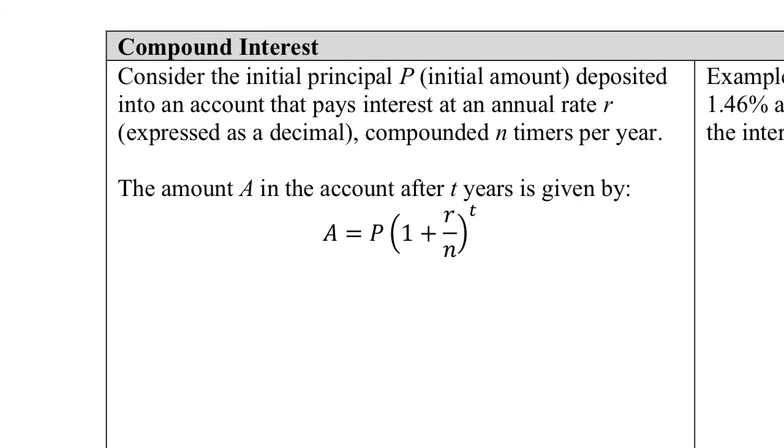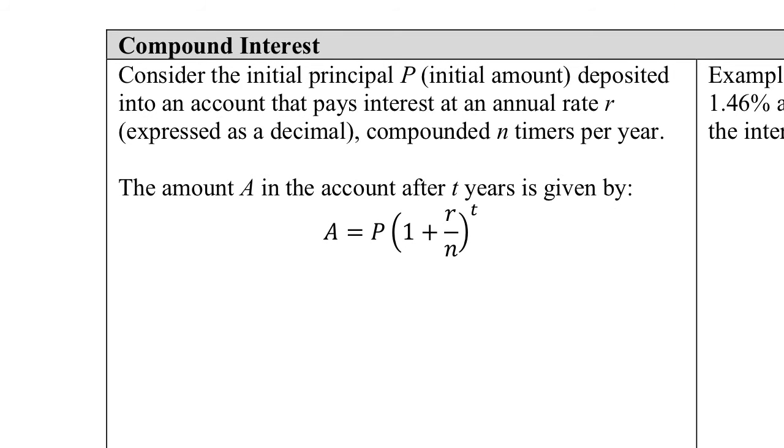Now let's talk about some compounded interest. This happens usually with bank accounts. So consider the initial principal P. What that means is that's the initial amount. So this P is the initial amount deposited into the bank account that pays an interest at an annual rate R expressed as a decimal. So R is the interest rate